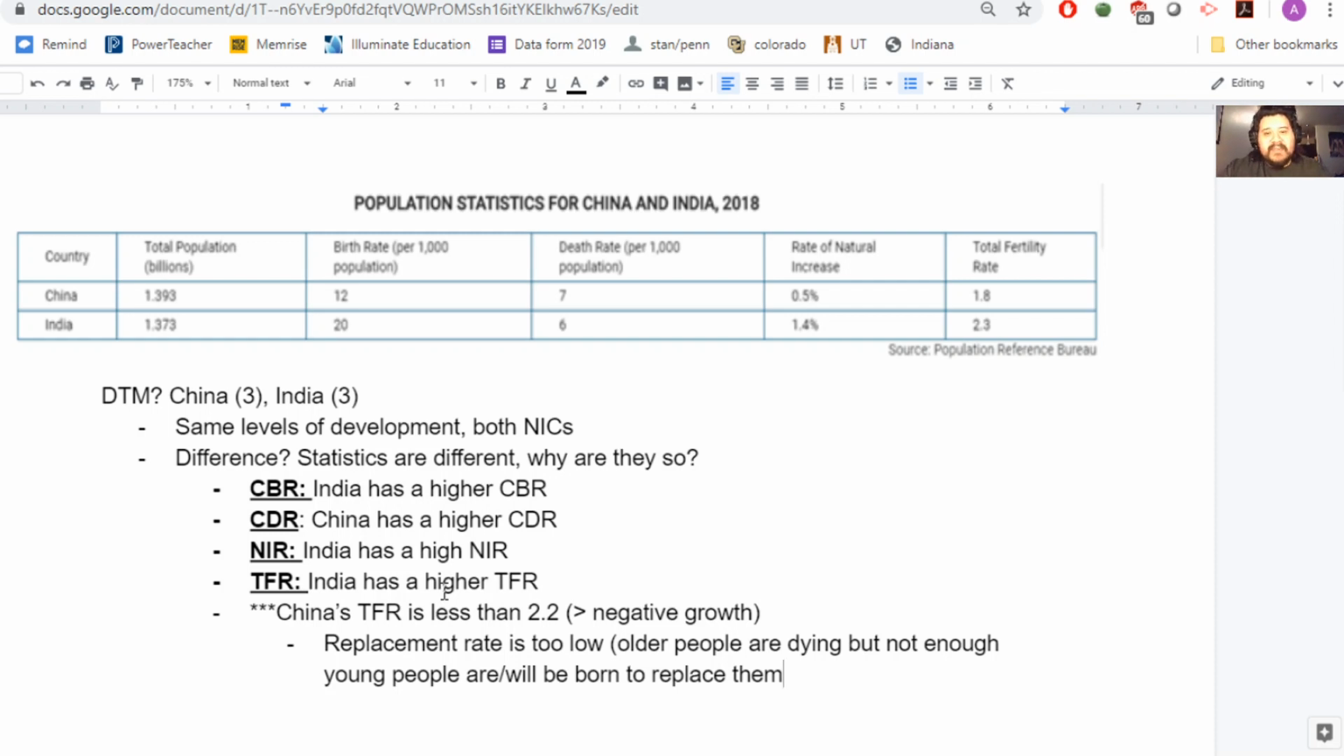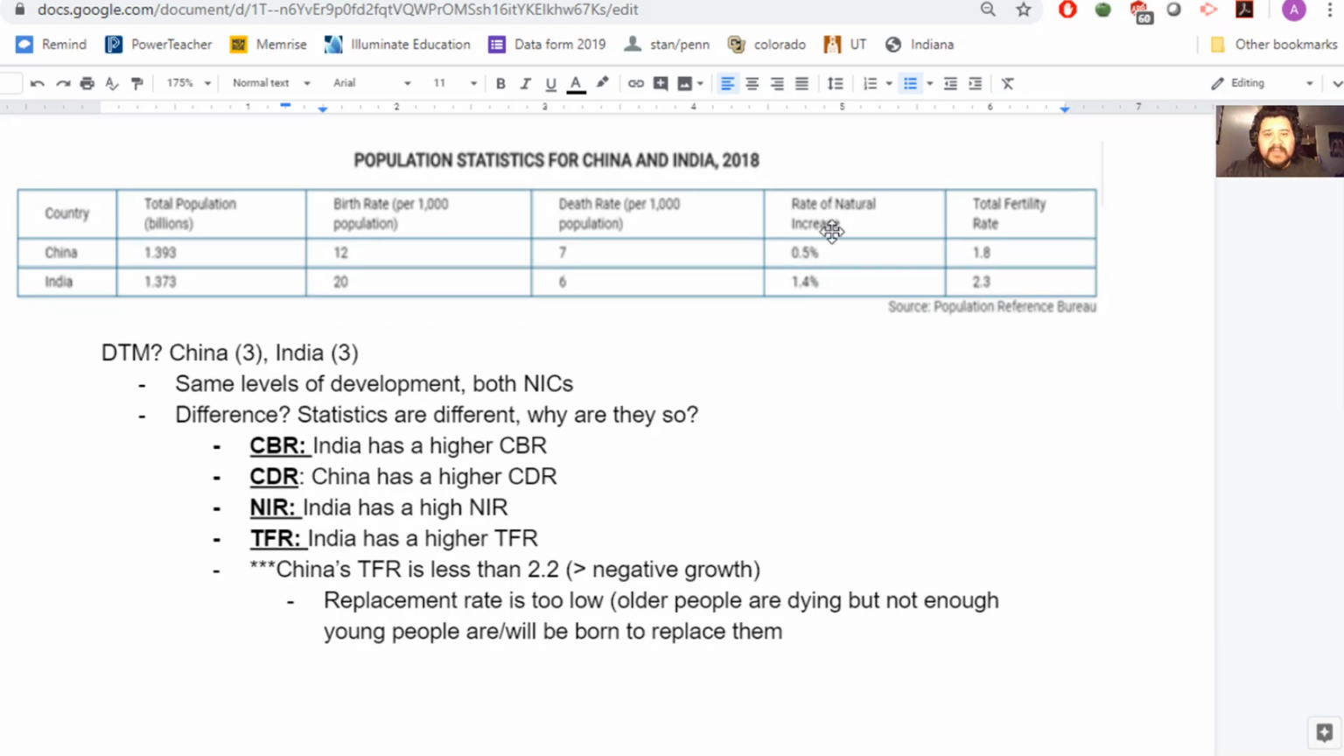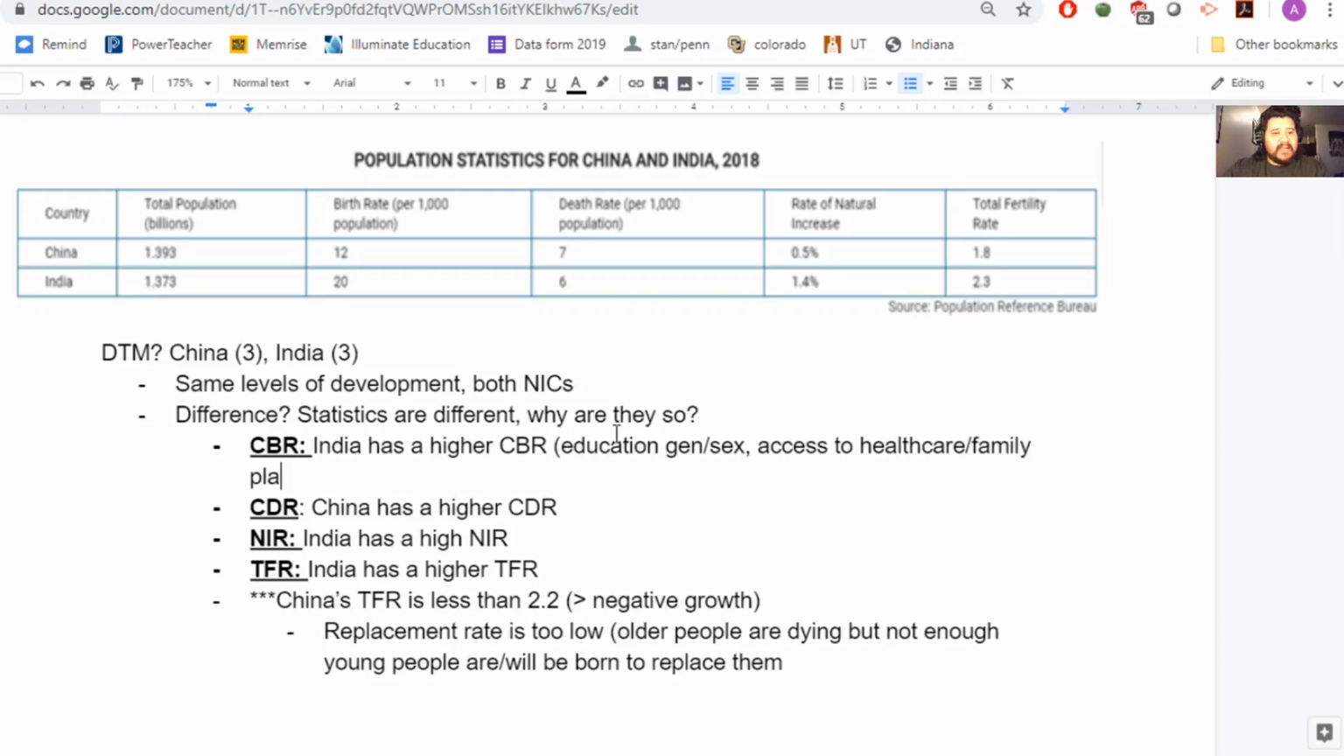So demographically, because it's all we have so far here, we then want to start thinking about what sorts of statistics are going to matter, or maybe what sorts of events or influences led to these particular statistics happening in the first place. So we know birth rates and death rates. Birth rates in particular have a lot of tie-ins with NIR and TFR, right? These go hand in hand. And so we're looking at things like education, general and sex education. We're looking at maybe access to healthcare, family planning,